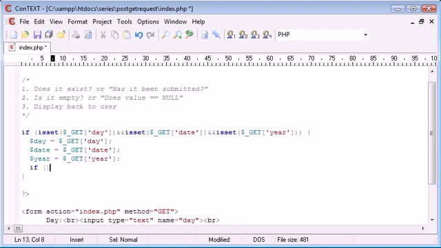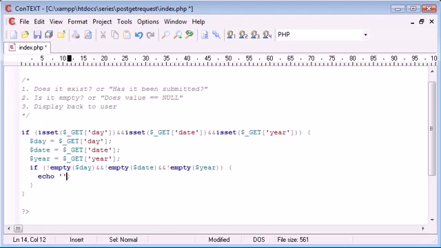Now we can say if not empty day with the $, and not empty date and not empty year,